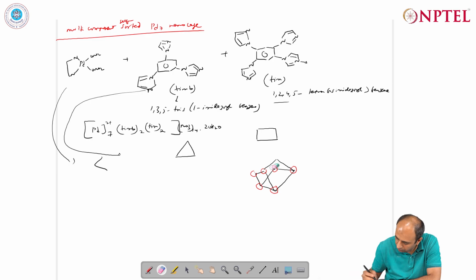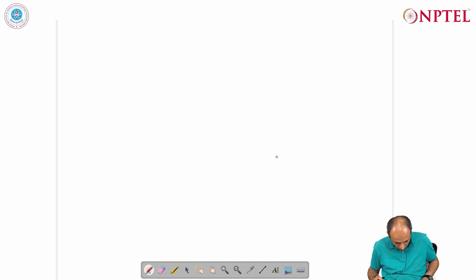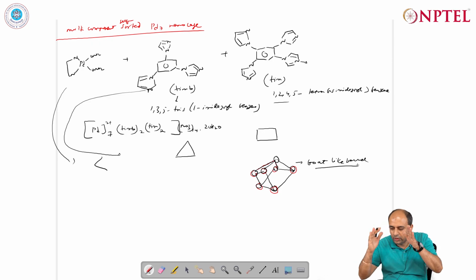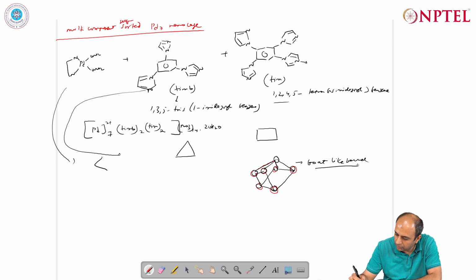So, we can now have the stitching here and here. Okay. So, this is a stitching. So, 1, 2, 3, 4, 5, 6 and 7. So, you can see that it forms this kind of a boat like barrel structure, where you have these triangles and here you have the squares,